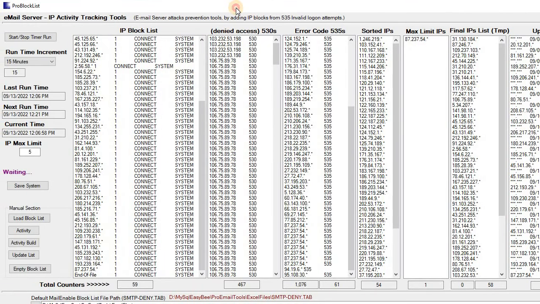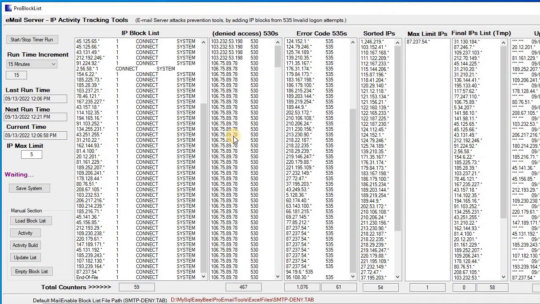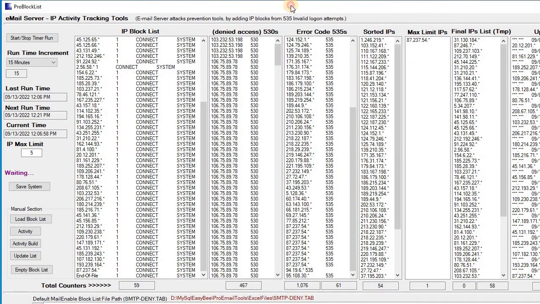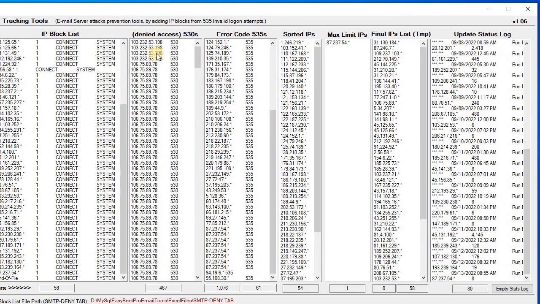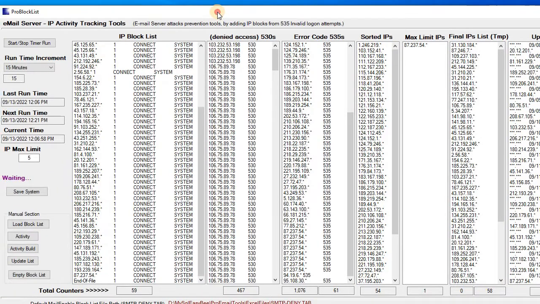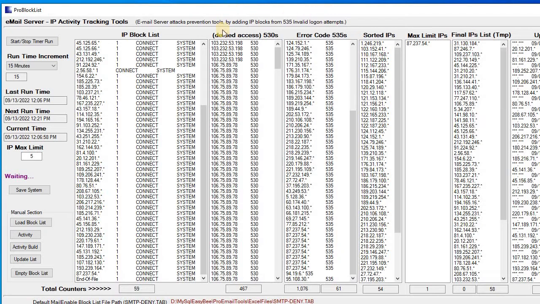This is developed to run against an email server called MailEnable. It's pretty popular, especially if you use Plesk, the website development tools. It normally installs the webmail mail server, and that's what it runs. So if you want an automated program that can track invalid accesses to your server trying to gain access through an email account, you might want to check this program out,